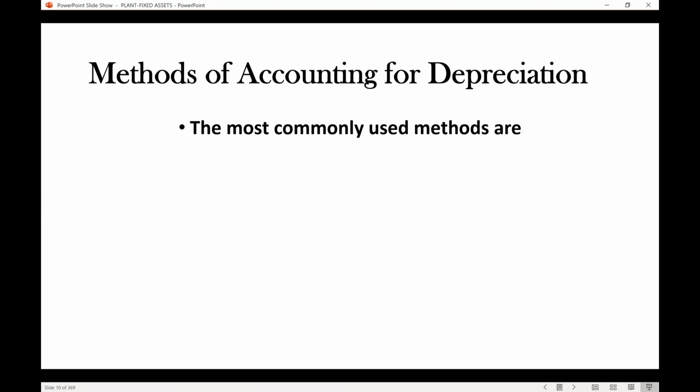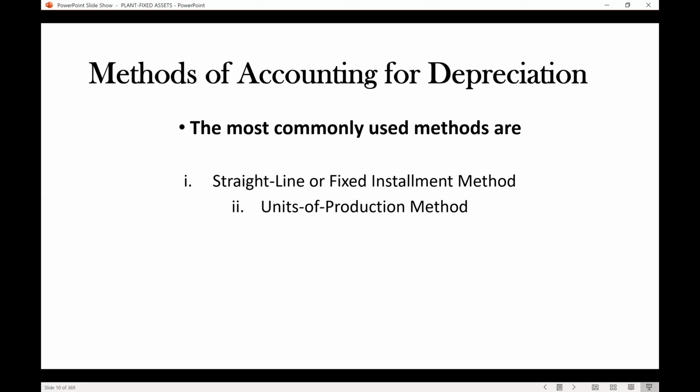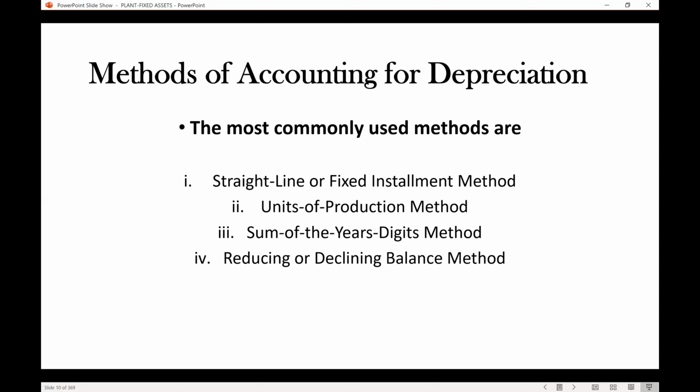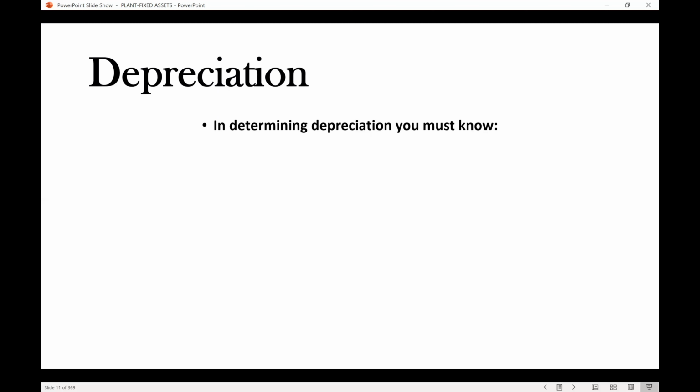So the most commonly used methods are the straight line or the fixed installment method, units of production method, the sum of years digits method, and the reducing or the declining balance method. And we'll explain and expound a bit more on these four methods of depreciation. But an important point to know is that in determining depreciation,